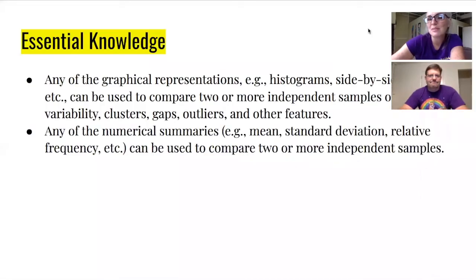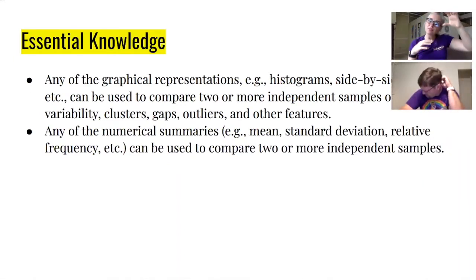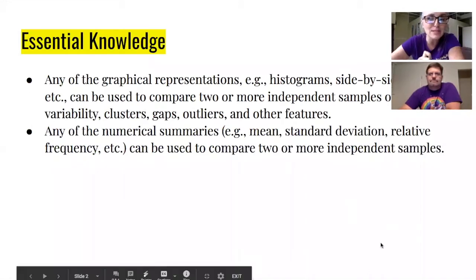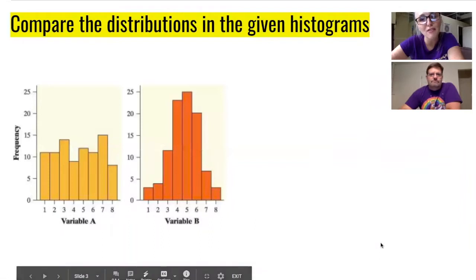Okay. So the essential knowledge in this case is taking any graphical representation or number summary of two different variables, and just being able to compare them. That's what we're focused on here. Remember that when we compare distributions, we're still using CUSS and DS: center, unusual, shape, spread, and be specific to the prompt. Now, as I'm telling you to be specific to the prompt, I will tell you that this first comparison